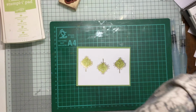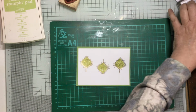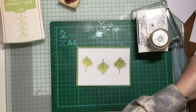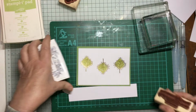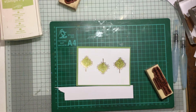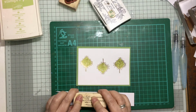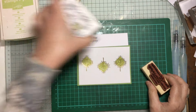But if I did want to use the whole thing, I would use, let me just get a little strip. I'm sure I've got some strips about here. I always keep my strips and I don't use them all the time. Here we go. So there's a strip. And then I'm going to use black with this. And I'm just going to ink this up. Put this down in here. Like that. You've got the lovely saying in there,